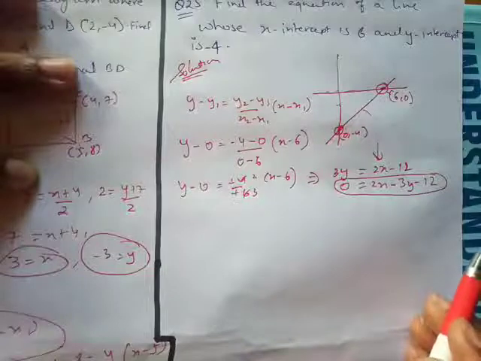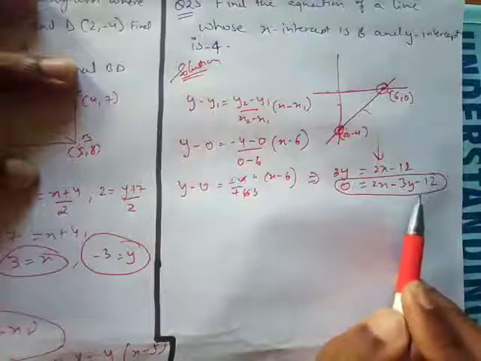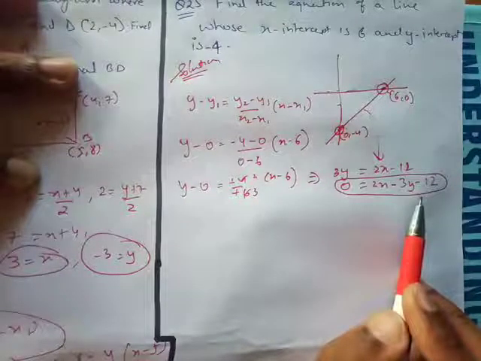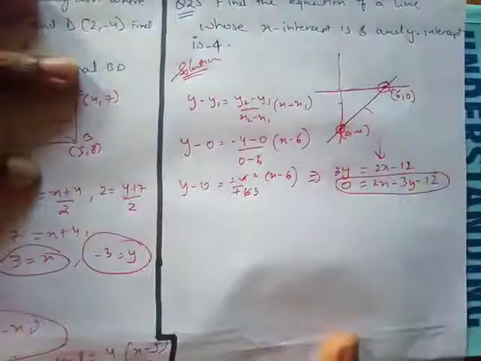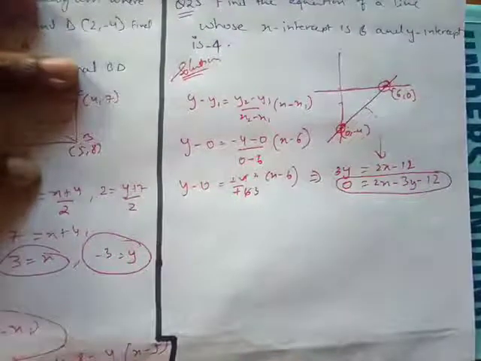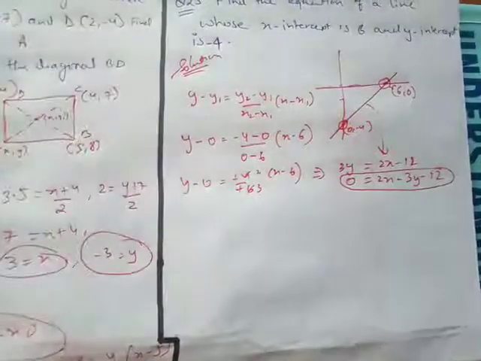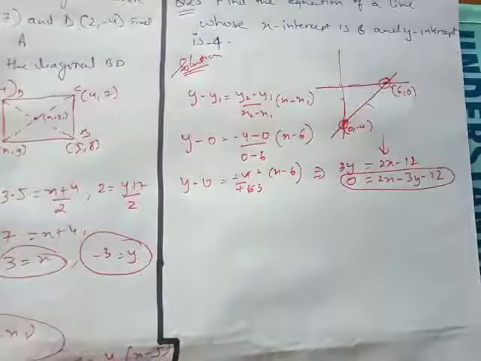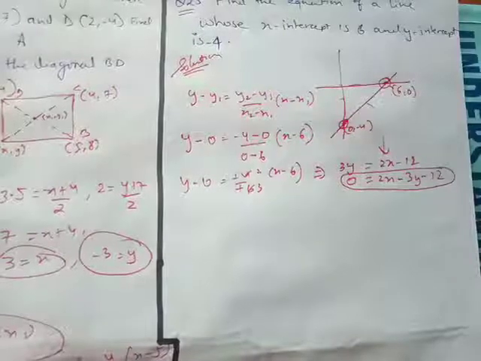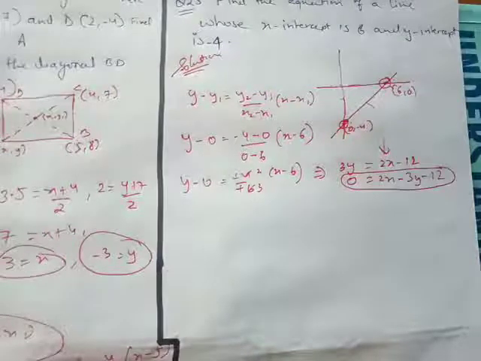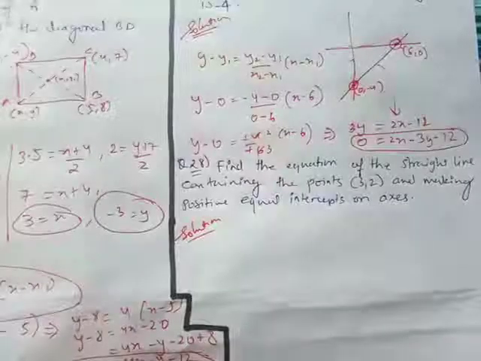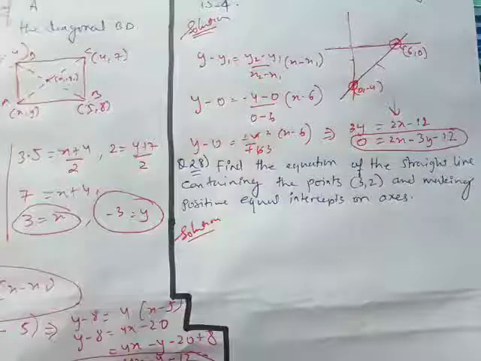Okay, I hope you guys are getting it. So whenever this is given to me, I can always find the equation of a line when 2 intercepts are also given to me. In the previous one, 1 intercept is given and 1 point is given. So whatever the intercept is, you figure it out and then put the point. Okay, let's understand and do question number 28 for today.